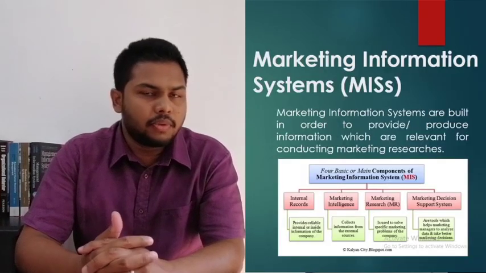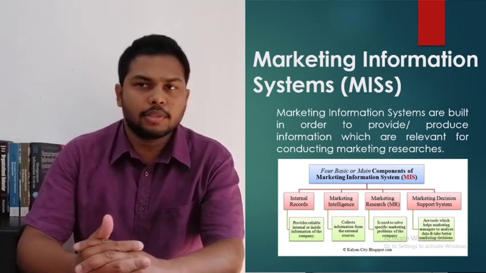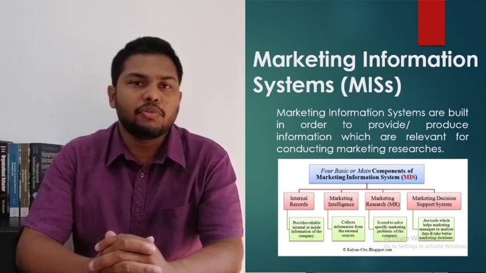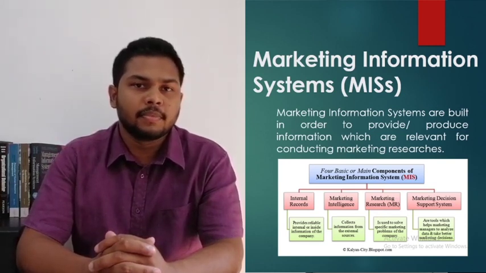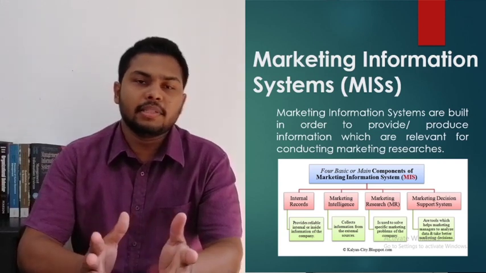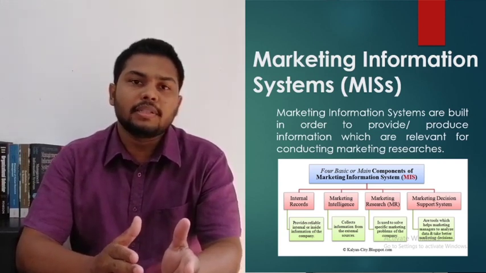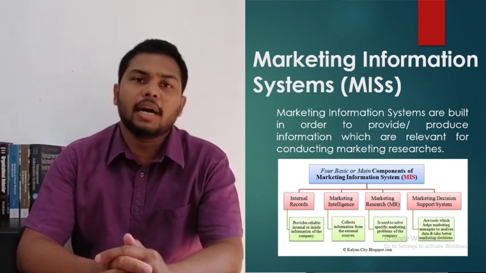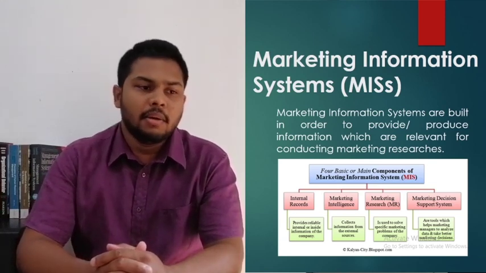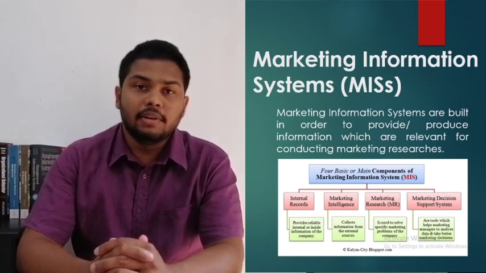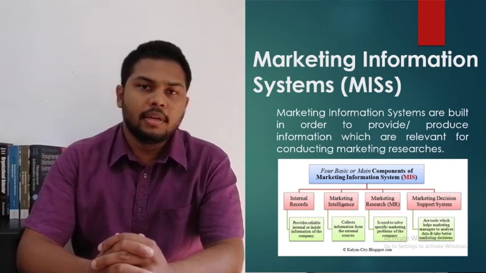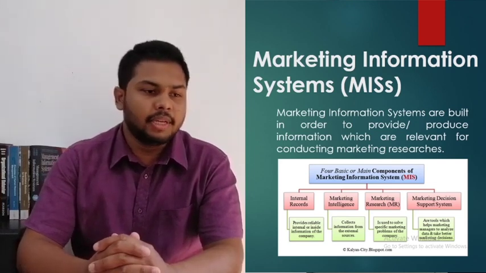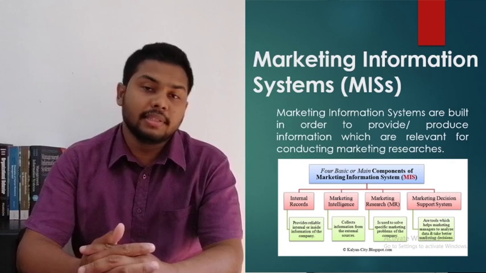So have you heard about marketing information systems? Of course, I'm pretty sure that you being business students, you might have an idea about management information systems. We call them MISs, right? Like that, marketing information systems also supply information to the people who make decisions on marketing. Simply, we can define marketing information systems as systems built to deliver, produce, and record information in order to make marketing decisions.